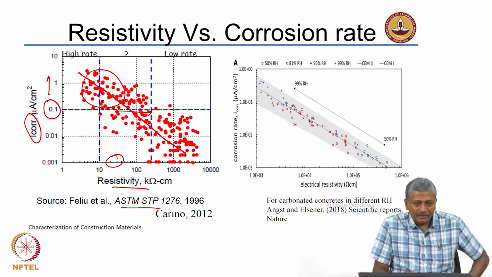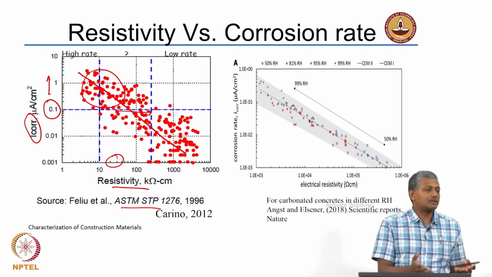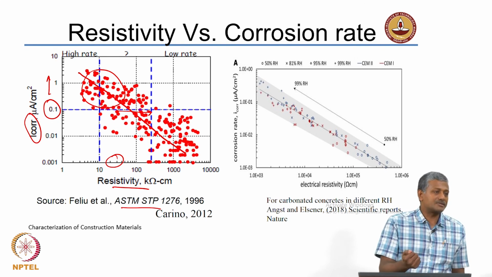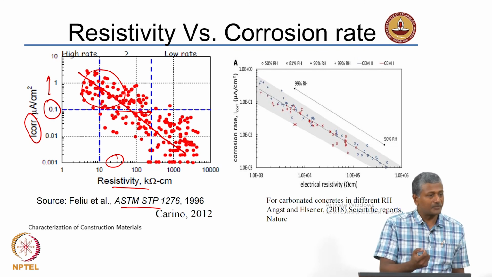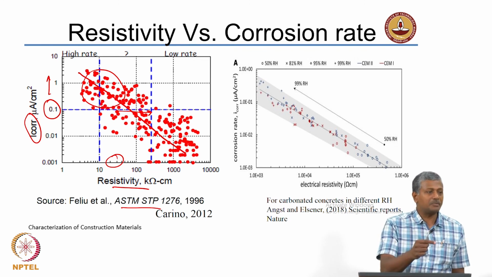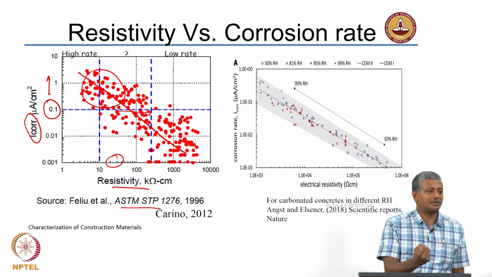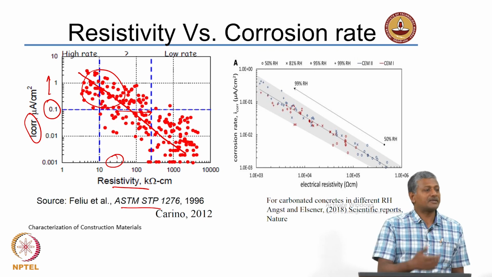Yeah, see, again we are talking about ideal situations for an electrolyte alone, like just a pore solution for instance. But when you are considering a solid phase present inside the concrete, like your aggregate or cement paste, even the hydrated cement paste, which is a solid phase, that will lead to an impedance. You will go away from the idealized resistor type of arrangement, and you will also get some charge storage capacity. The greater the extent of solid phase, the more the storage capacity. So, capacitance will play a larger role in the case of concrete.